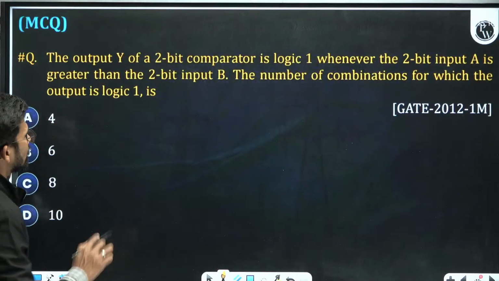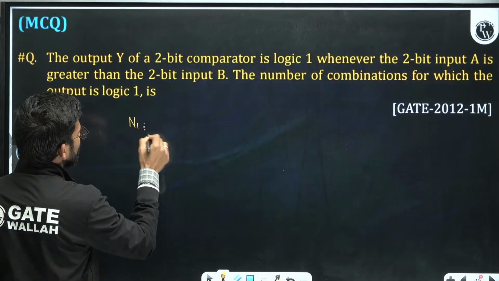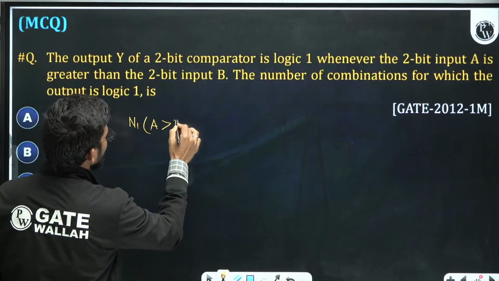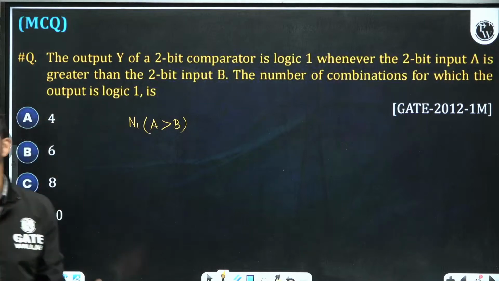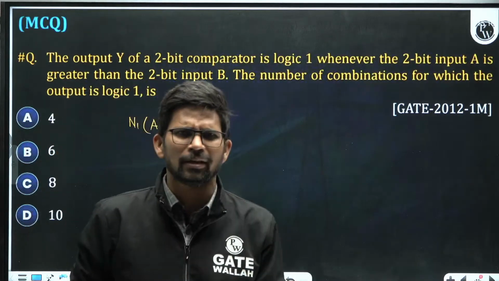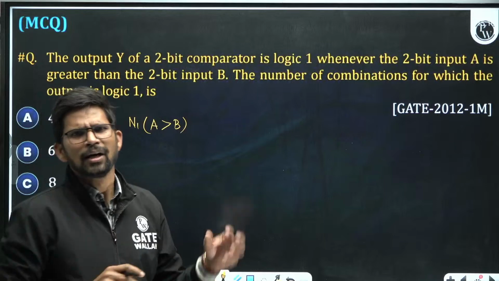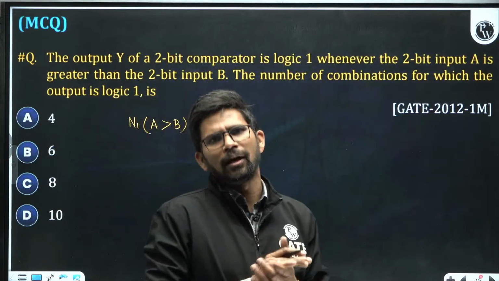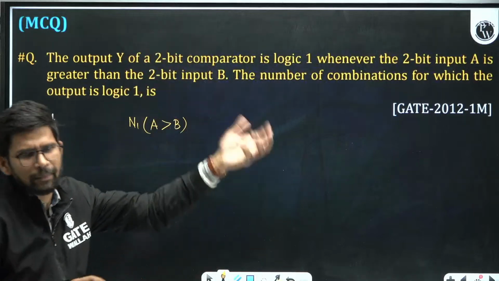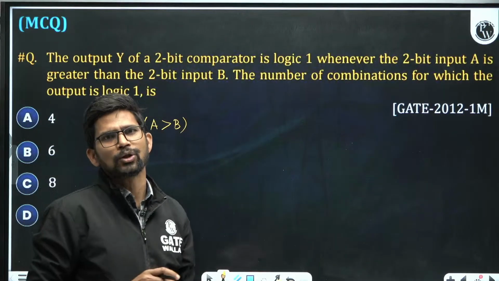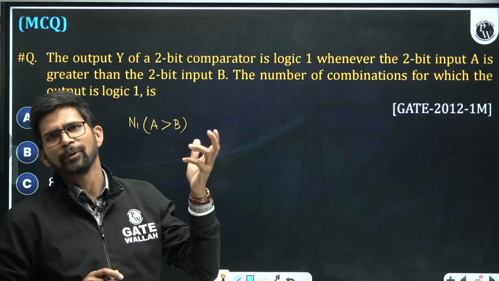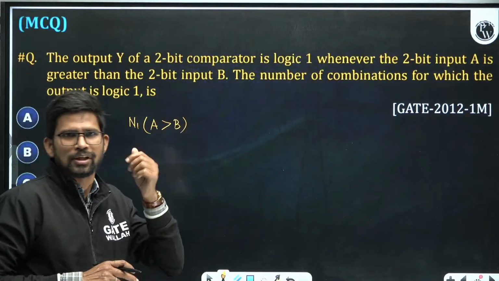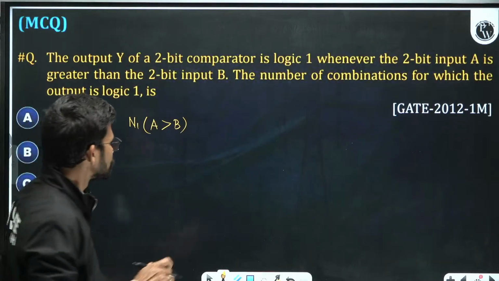2-bit कंपैरेटर इज लॉजिक 1, तो क्या होता भाई, n1. A is greater than B, कितने कॉम्बिनेशन में ट्रू होगा, इन हाउ मेनी कॉम्बिनेशन A is greater than B। जितने कॉम्बिनेशन में A greater than B होगा, लॉजिकल आउटपुट Y उतने कॉम्बिनेशन में 1 होगा, या उतने टर्म एसओपी एक्सप्रेशन में आएंगे। 2 बिट से टोटल 16 कॉम्बिनेशन होंगे, और कुछ कॉम्बिनेशन में A greater than B होगा, उतने टर्म Y के लॉजिकल एक्सप्रेशन या एसओपी एक्सप्रेशन में आएंगे, बाकी टर्म पीओएस एक्सप्रेशन में आएंगे, टोटल 16 में से, सब बताया था।